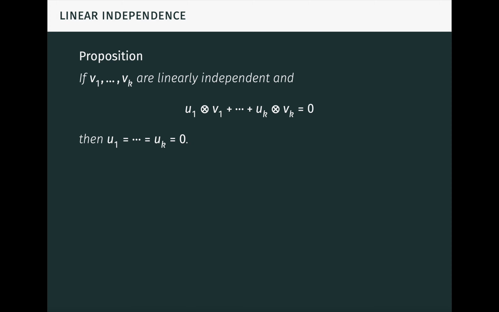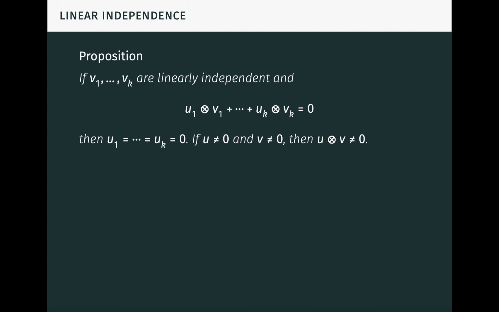For instance, if vectors v1 through vk are linearly independent in V, and the sum u1 tensor v1 plus through uk tensor vk equals 0 in the tensor product space, then the u's must all be 0 in U. In particular, non-zero vectors have non-zero tensor product. When the tensor product is scalar multiplication in V, this is immediate from the definition of linear independence. So we can think of this result as generalizing the consequence of linear independence from scalar multiplication to arbitrary tensor products. The idea of the proof is to show that the u's are 0 by showing that they're 0 under any measurement